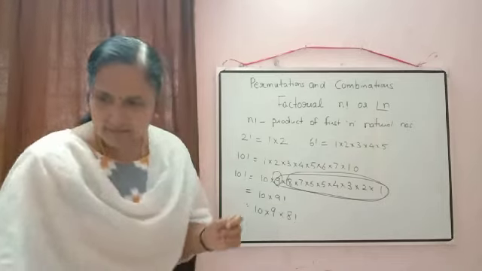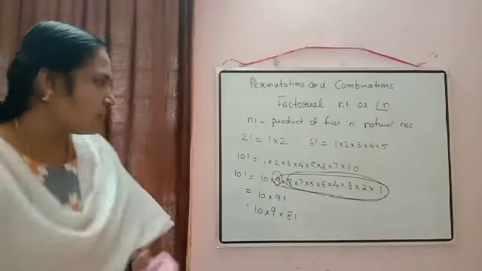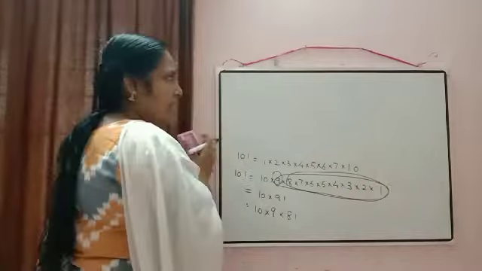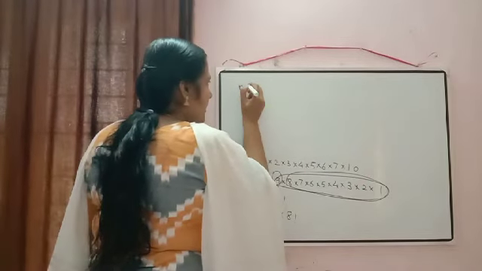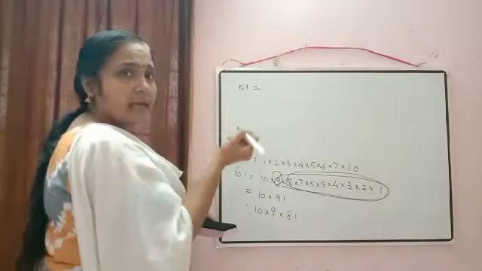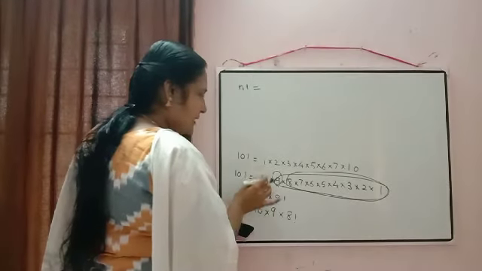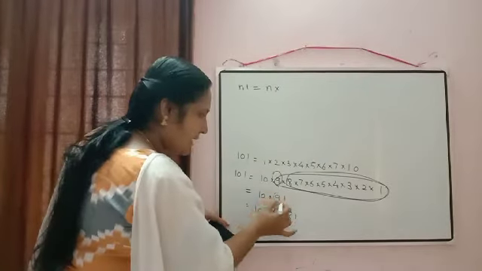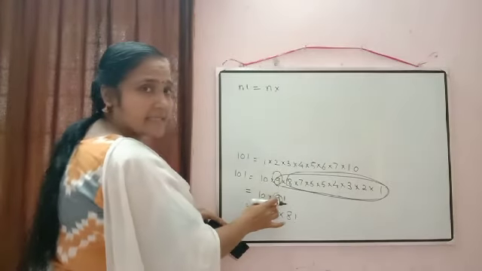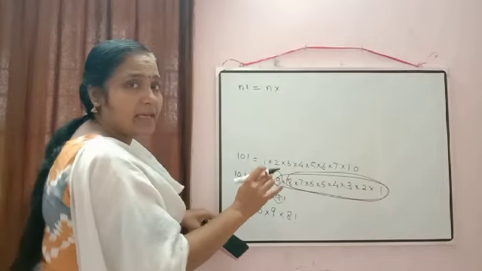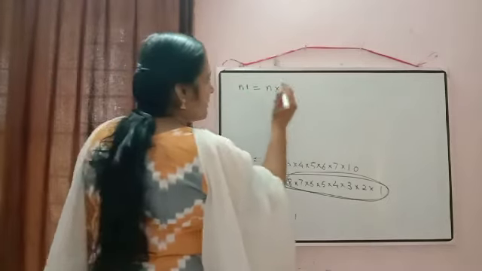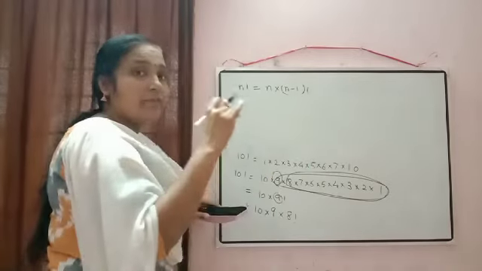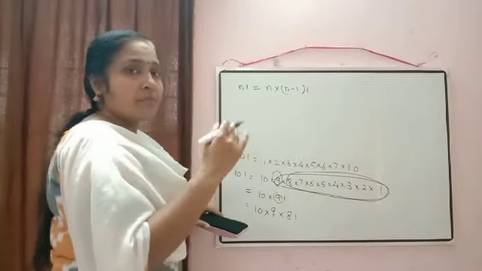So we'll generalize the formula for it. Just to check how I wrote it, 10 factorial was written as 10 into 9 factorial. In the same way, if I have to write n factorial, the generalized formula: 10 factorial is written as 10 into, so it will be n into. Then we wrote here 9 factorial. 9 is 1 less than 10, that is 10 minus 1. So in the same way, n factorial can be written as n into n minus 1 factorial. You have to subtract 1 from the previous number.